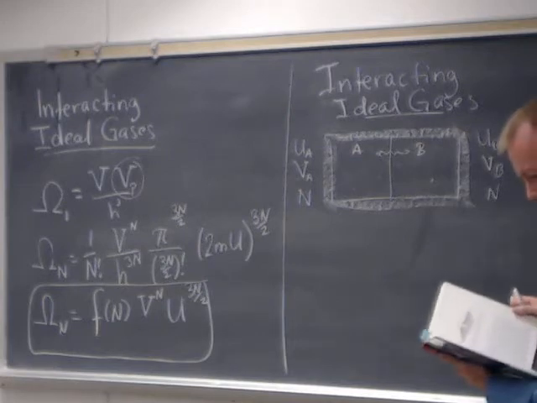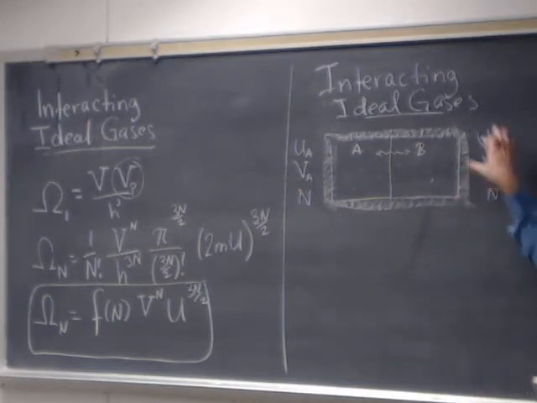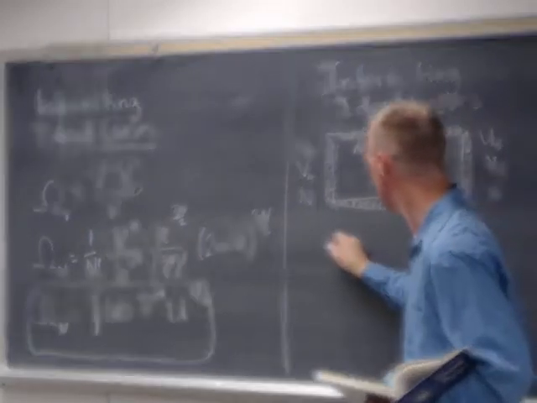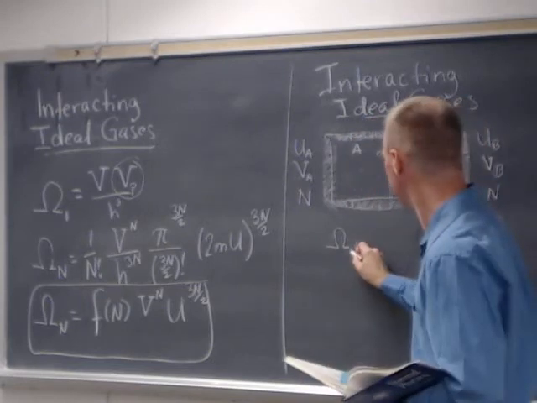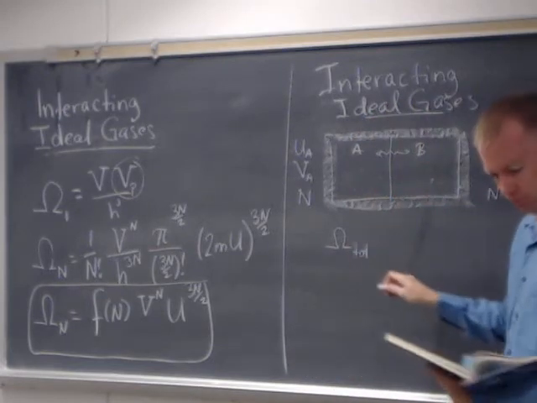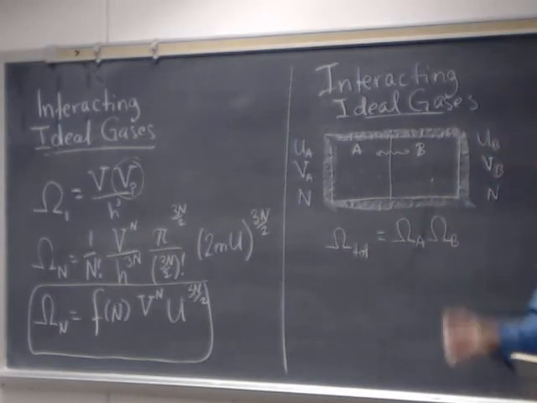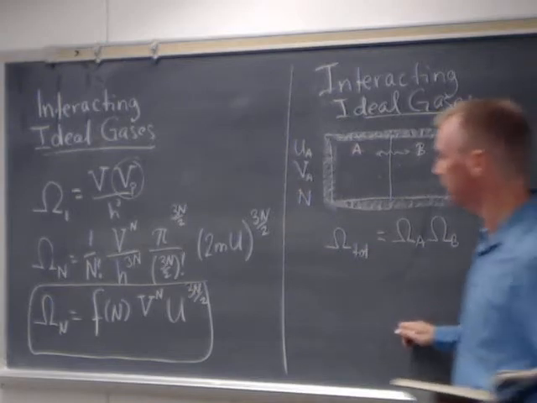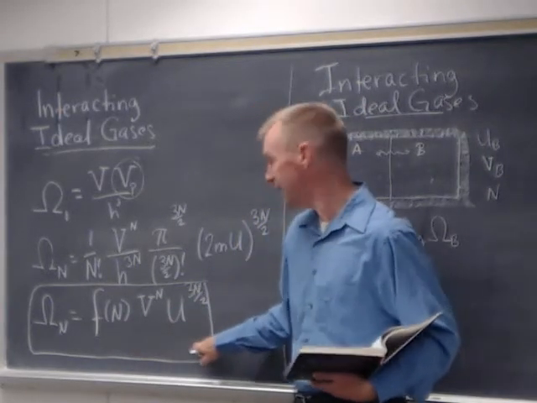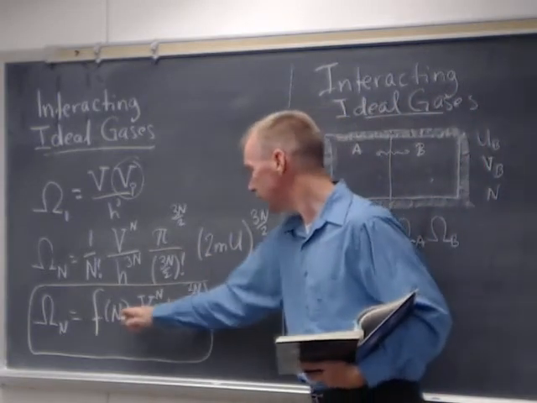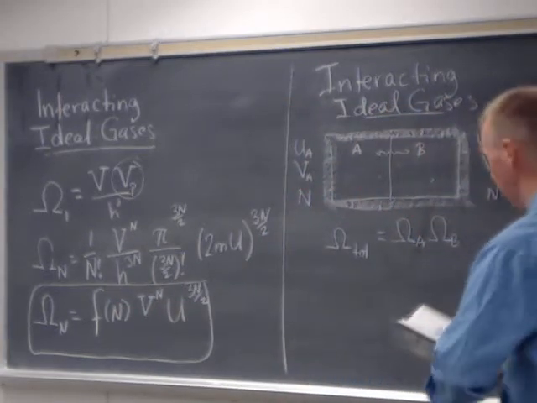Now, the multiplicity of the total combined system is the product of the multiplicity of A and the multiplicity of B. So we'll say omega sub total is just omega A times omega B. Well, all I've got to do then is to multiply this formula with a subscript of A for V and for U, times the same formula with a subscript for B for V and for U. N is the same for both of them. All right, so if I do that,